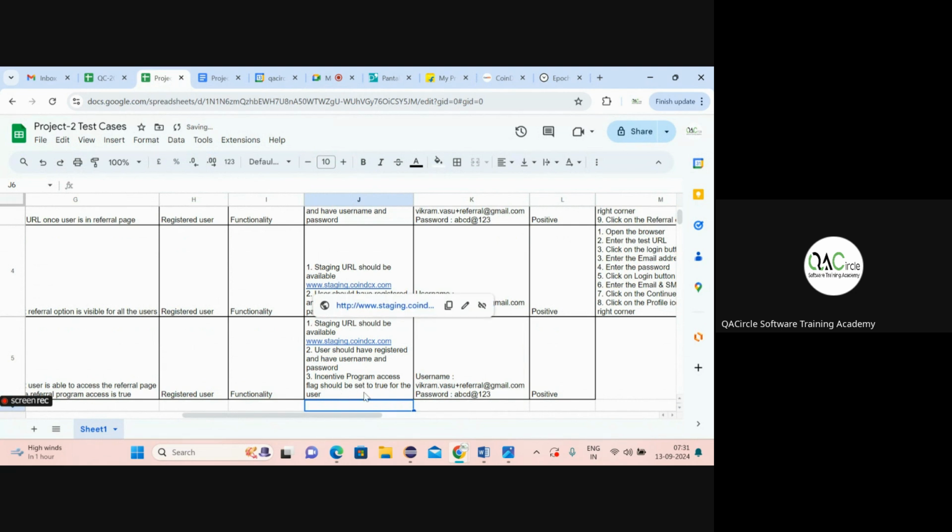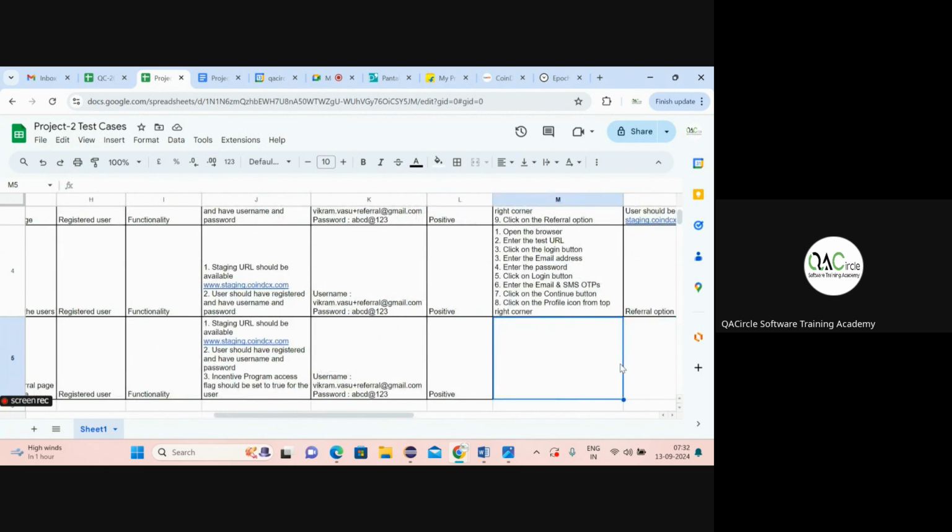Right. So what this precondition says is in the admin dashboard, set the incentive program access flag to true for this particular user. Now, once this incentive program access is set to true for this user, what should happen is,